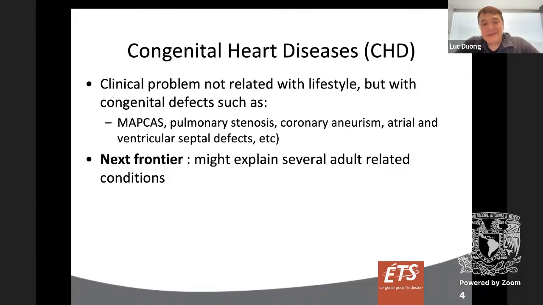In my opinion, it's one of the next frontier in cardiology. Of course, there is some interesting work in all the different adult cardiology specialties, but I think it has a lot of impact since it might explain a lot of adult-related conditions. Since we don't know, for some cases, you have some patient that at one point will develop some problem in his life, but usually it's because he had congenital heart disease